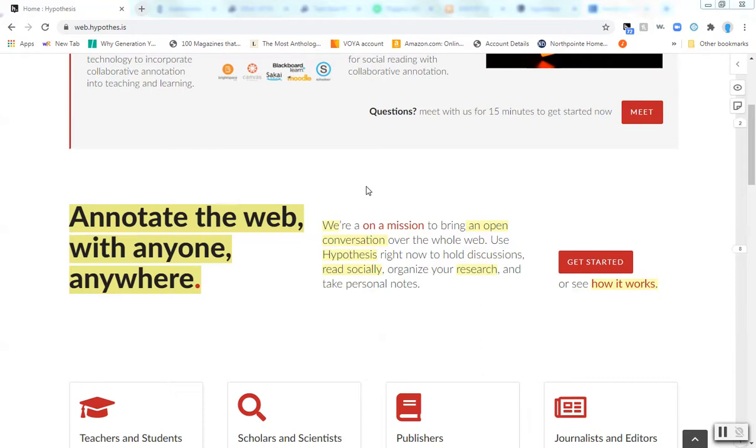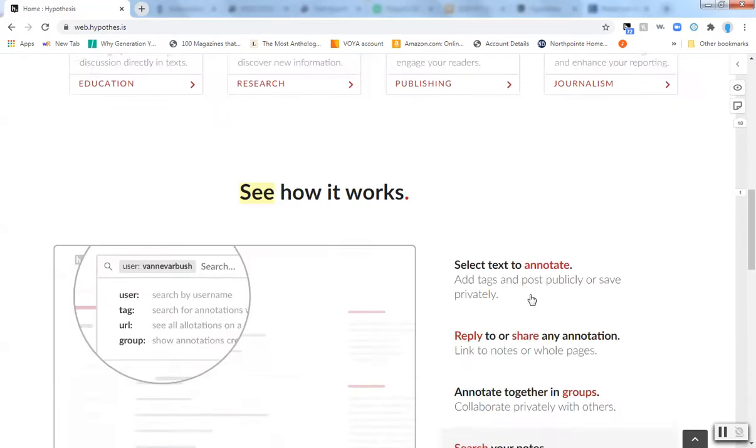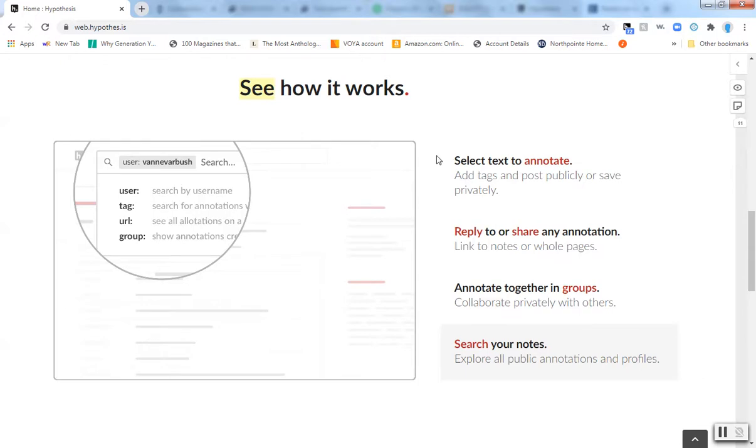annotate web pages. It brands itself as a service that lets you hold discussions, like it says, read socially, organize your research, take personal notes. Offering essentially these key features: you can annotate and highlight text, you can reply or share any annotations, you can annotate in groups, and you can create a base from which to search through your notes on a